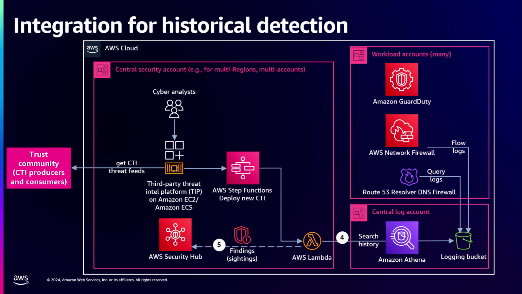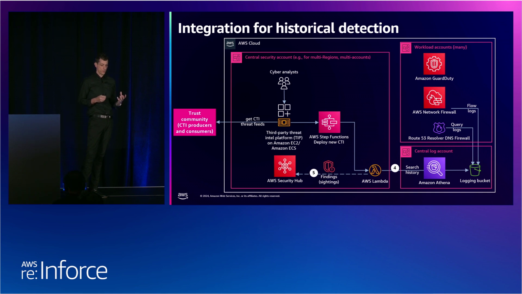You can configure your networking appliances such as AWS Network Firewall to produce VPC flow logs, which will enable you to then track your IP traffic to and from network interfaces within your cloud environment. You can also generate Route 53 Resolver DNS Firewall query logs like I mentioned before, and then you can centralize all that logging data into an S3 bucket, for example, or your own data lake if you've already got one, and then you can create a secure, durable, and isolated storage solution that can then be trusted and queried at any time.